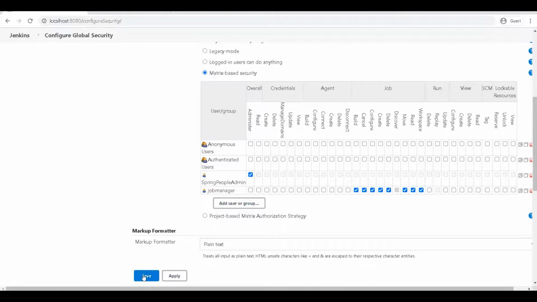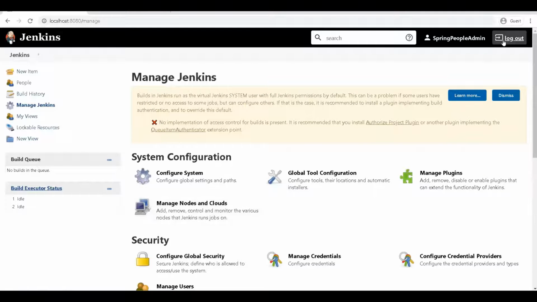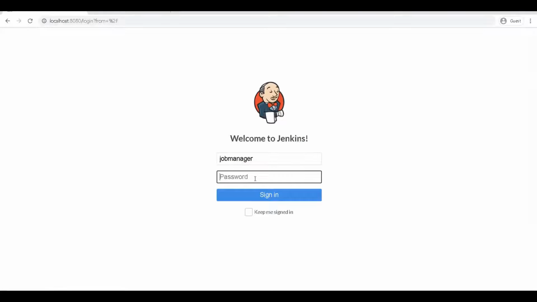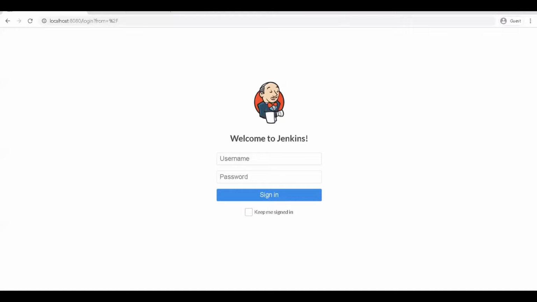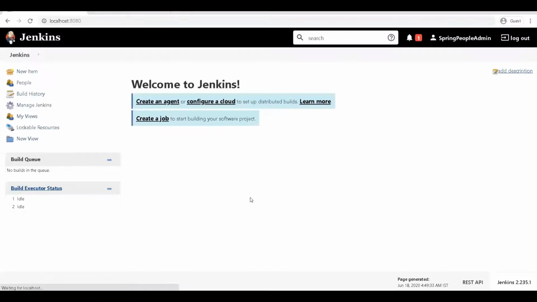So if I save this and try to log in with job manager, you will see the job manager view. Okay, I think we missed out the overall read-only permission. So let's log in with Spring People admin again and change the overall permission of the job manager user.